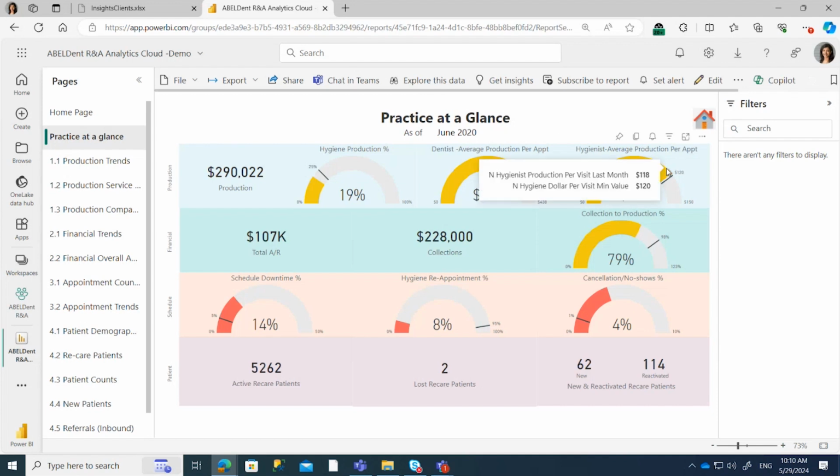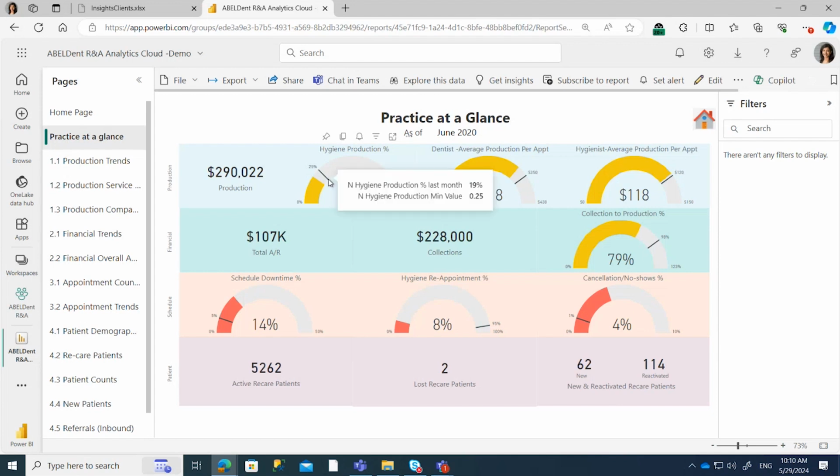Notice two things here. One is the use of colors, and the other is the use of these line markers on the gauge visuals. The markers represent target goals and are fixed numbers as of now. These target goals are our own ABELDent estimates that we have set. If the practice has met the target or exceeded the target, you will see a green color here. If the practice is close to the target, you will see this yellow color. And if the practice is far away from the target value that we have set, then you will see that